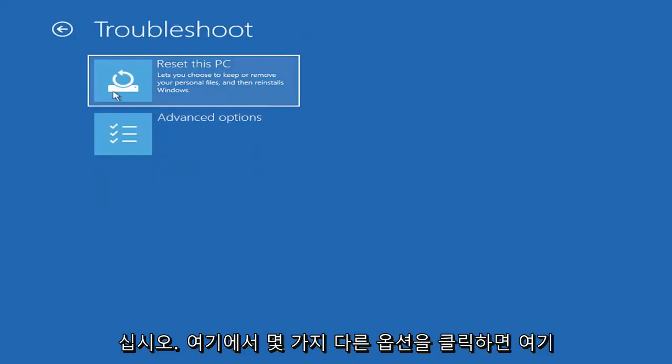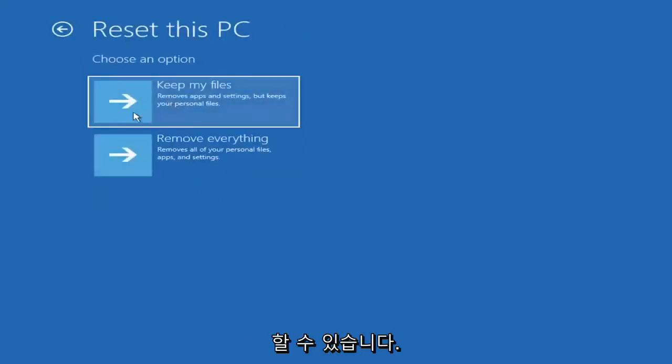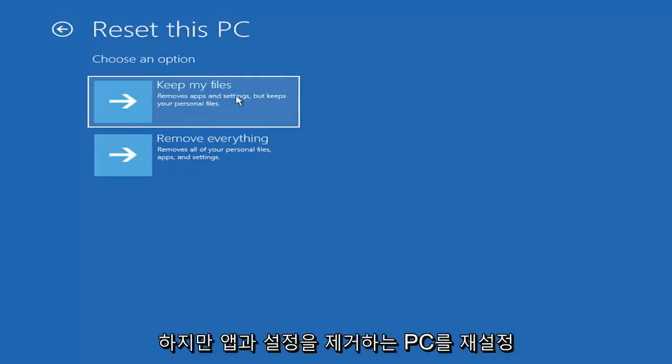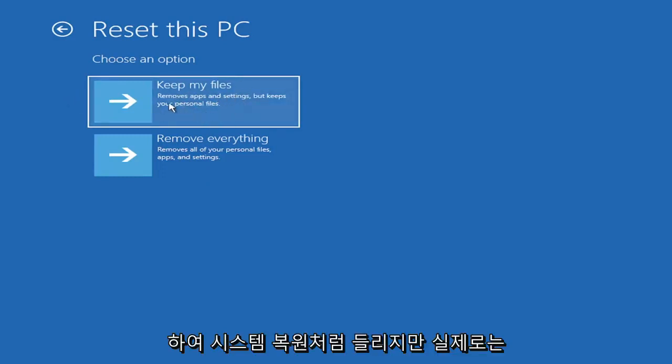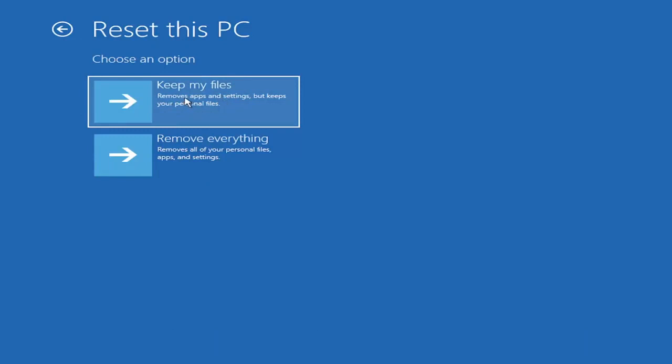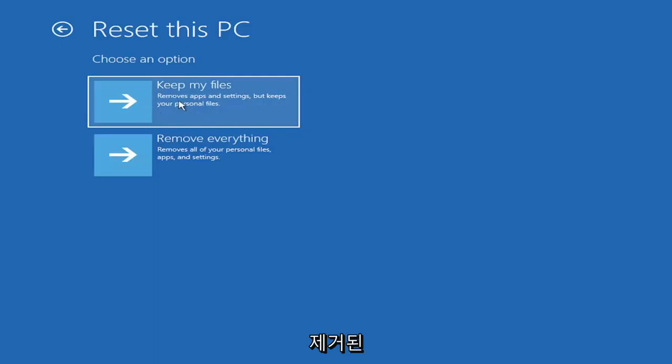So a couple different options here. You could go ahead right from the get-go and reset your computer. You can reset your PC, which will keep your files, but remove apps and settings. Just be careful with this option, because even though it sounds like a system restore, it's really going to be removing most of your programs on your computer, so it's going to be kind of a pain to reinstall everything. They do provide a list of uninstalled applications though, so that should give you a head start, but still. And then you also have a factory reset option to remove everything and go back to a clean